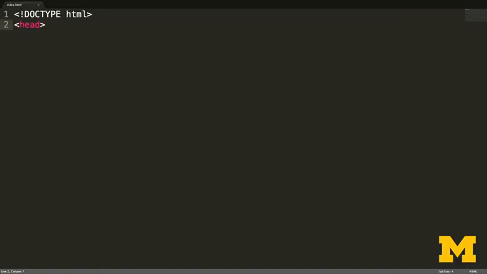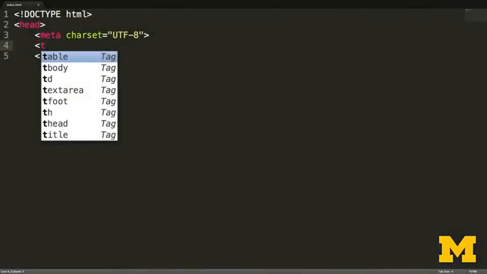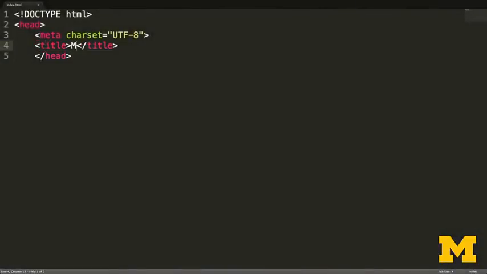So let's go ahead and finish filling in my head element. I'm going to go ahead and put in my end tag right away because otherwise I tend to forget these things. And the two things I want in here are the metadata. Oops, meta. And the all-important title. The title, again, is what shows up on the browser's little tab. It doesn't show up on the page itself. It shows up in the tab. So, and I'm going to say,